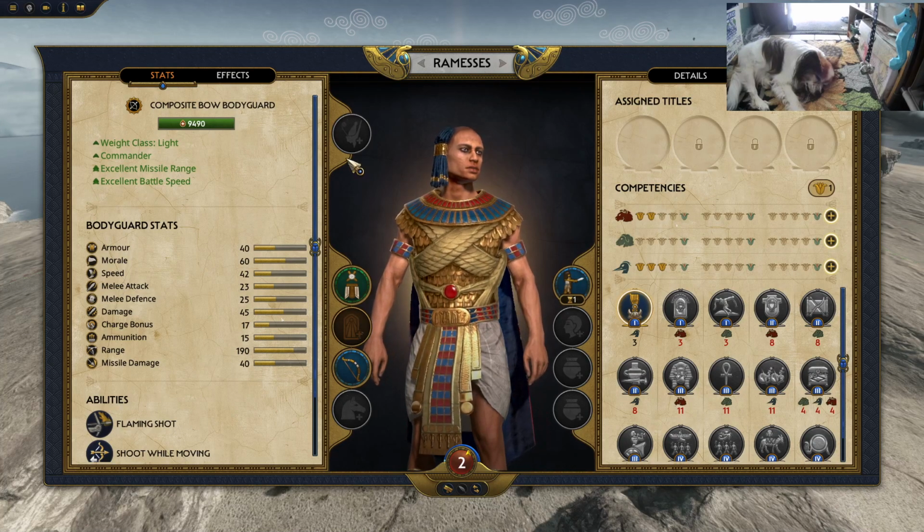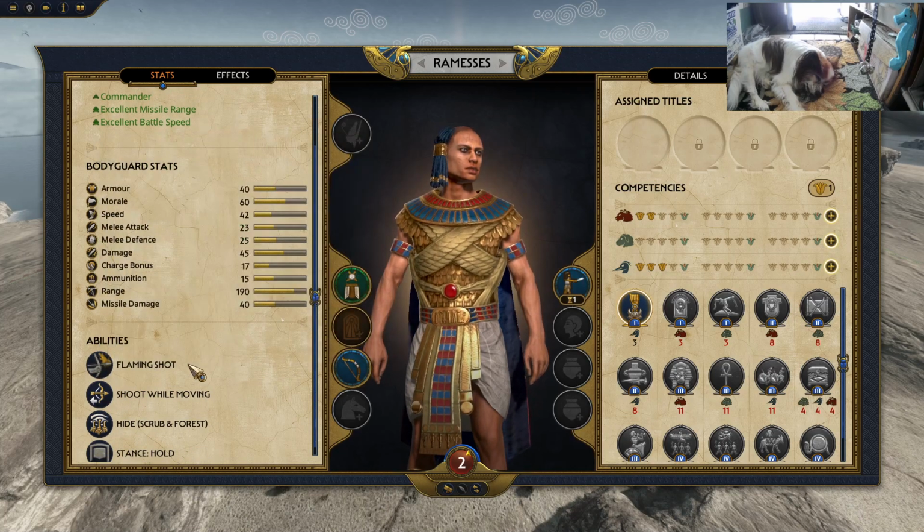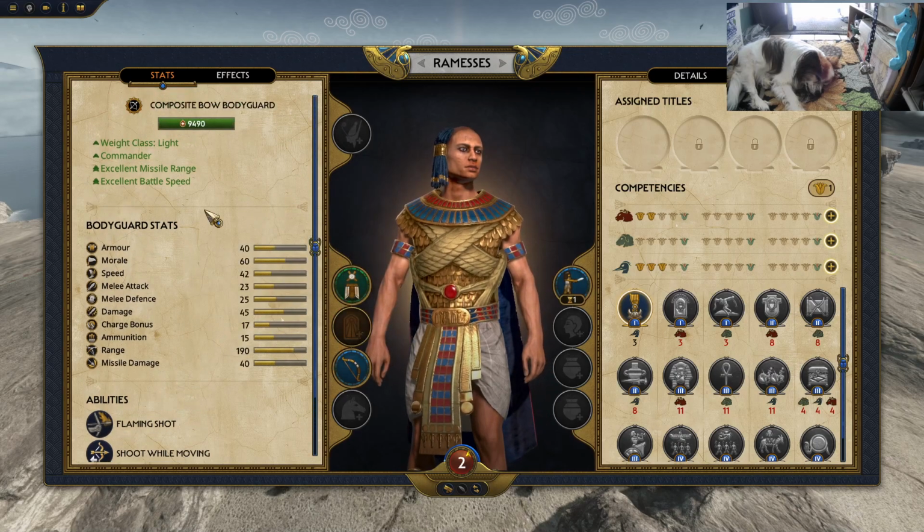So we have... Now this is a little different. So anyway, you got the stats for his unit over there. We can do flaming shots, although that wasn't available in that last fight, I don't think. I didn't see that. Okay, anyway, so